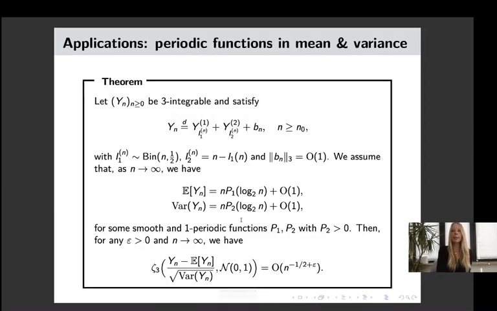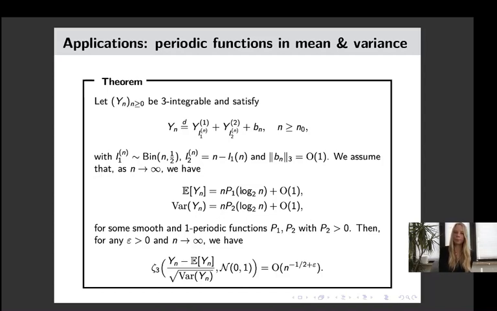Okay, and now as a last example, I would like to show a theorem to analyze quantities where the asymptotic expansion of the mean and variance include periodic functions. So this is often the case for quantities in binomial splitting processes, such as tries, Patricia tries, or digital search trees. Okay, we assume that Y_n is a sequence that can be decomposed recursively into two subproblems of binomial sizes. And we assume that the mean and the variance of Y_n is asymptotically linear in n with these